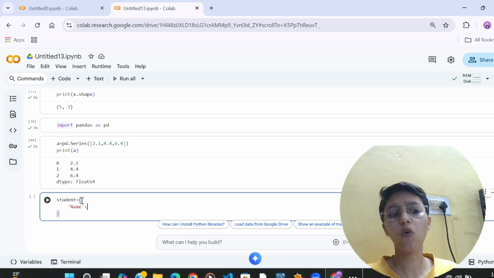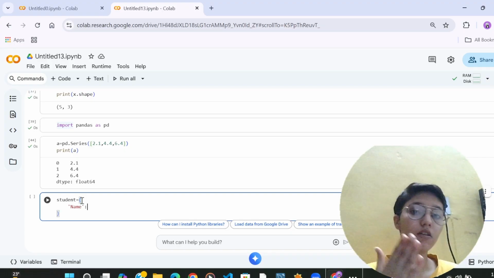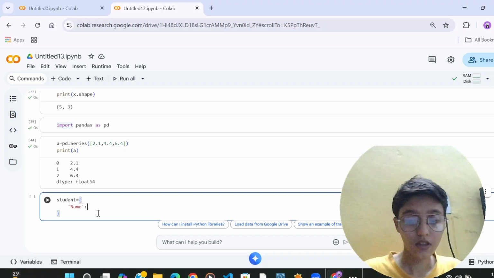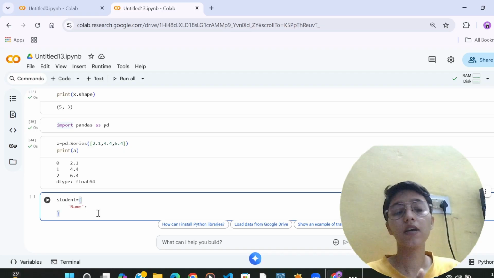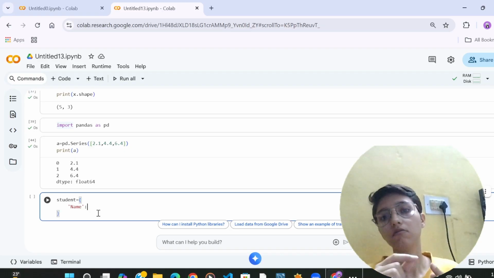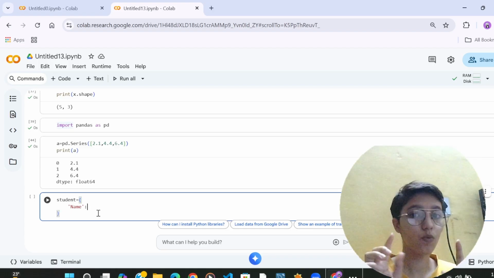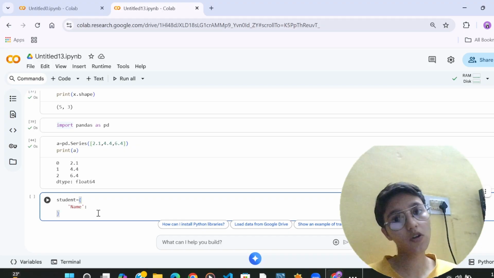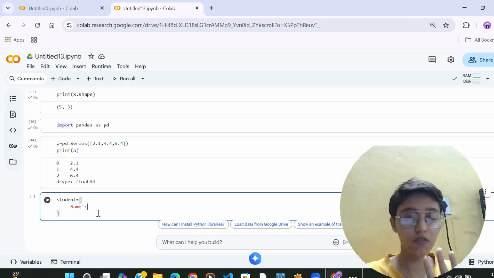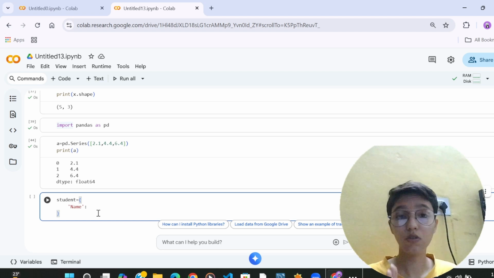Almost similar, I think it's the same format in pandas that we read in Python. Okay, name. And keep in mind when we are giving alphabetical things like string values, then we have to write them in inverted commas, whether single or double. Don't use triple inverted commas because those are used for comments. Okay, now at the name,